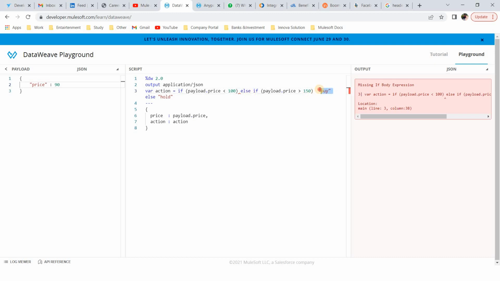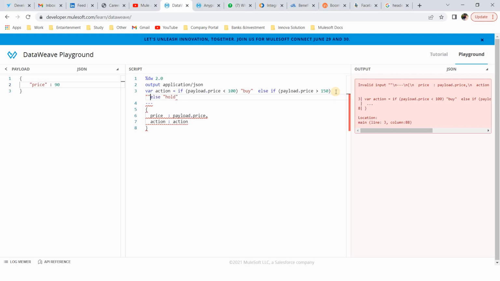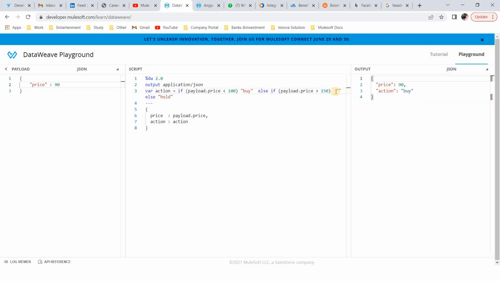Okay, one second, Ctrl+X, Ctrl+B, else if, I'll use the same. Okay, so see, I am using that else if in that if else.